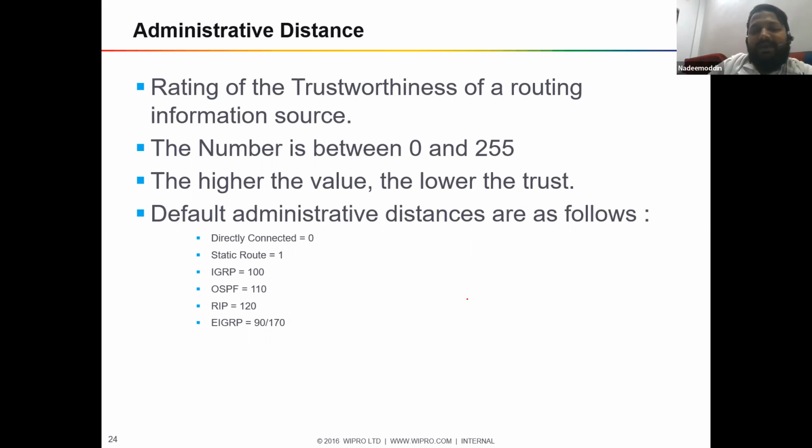Okay, administrative distance. So every protocol has some administrative value. Directly connected means it will show 0. Static routing, it will be 1. OSPF value is 110, RIP is 120. These are some numbers. So based on the number, they will sit in the routing table. Okay, let's say 0 means directly connected. Static routing will be at the last. Then on top of that, see, these are the optional routing protocols. If you have one network advertised via 2 different protocols, then it will choose the one with the lowest value. So it will use that one. So administrative distance is assigned to each and everything.